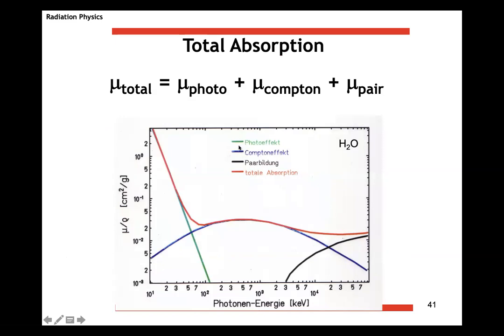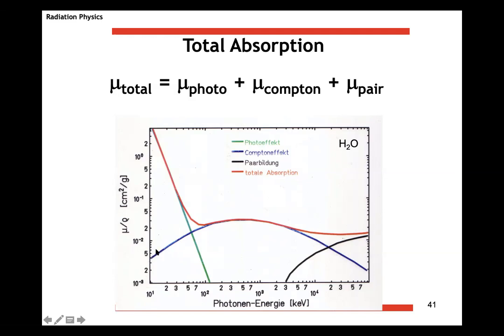But for the photoelectric effect here in green, it is quite high at low energy. You know, when you are in the energy of the atomic gaps in the atom, so it's the atomic shells essentially, and then drops quite quickly,